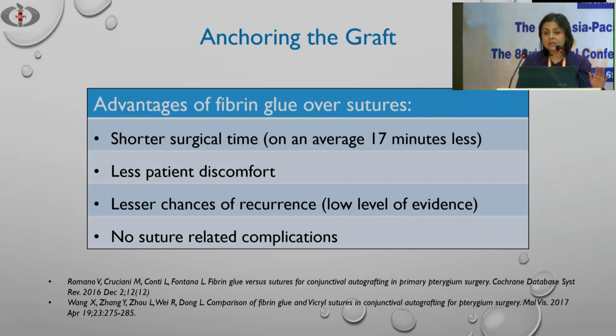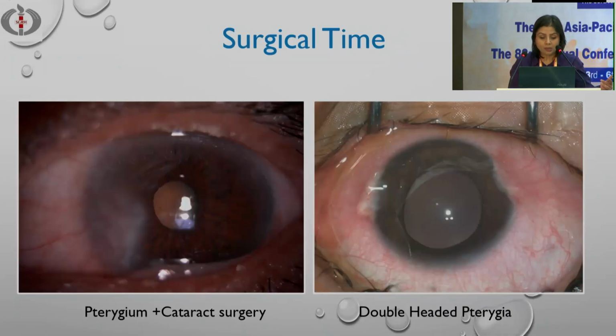Recurrence is basically dependent on inflammation, and sutures tend to cause more inflammation, especially absorbable sutures, rather than fibrin glue, and that's the reason why there could be higher chances of recurrence with sutures. And of course, there are no suture-related complications. Now, surgical time specifically becomes very, very important when we are talking about a combined surgery, pterygium plus cataract surgery,